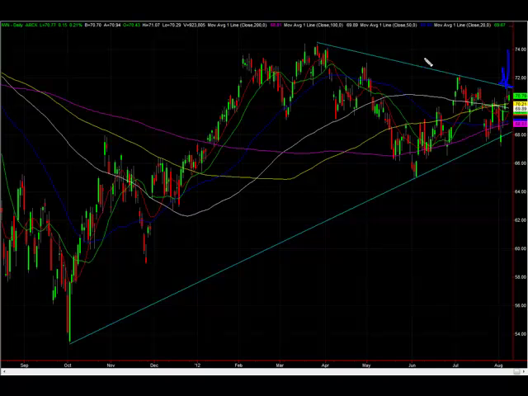This chart's very important here. We do want to see a break to the upside to get some risk-on appetite in the market. As the S&P rallies with the Nasdaq, we want this chart to follow with them and maybe even catch up from the lagging that it had the last following weeks or days.